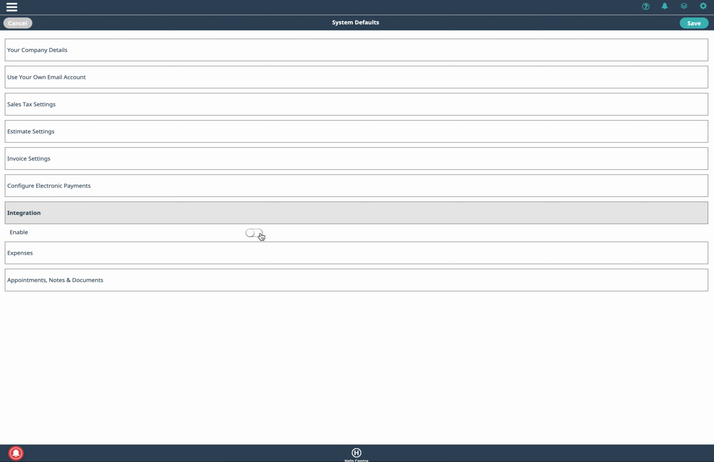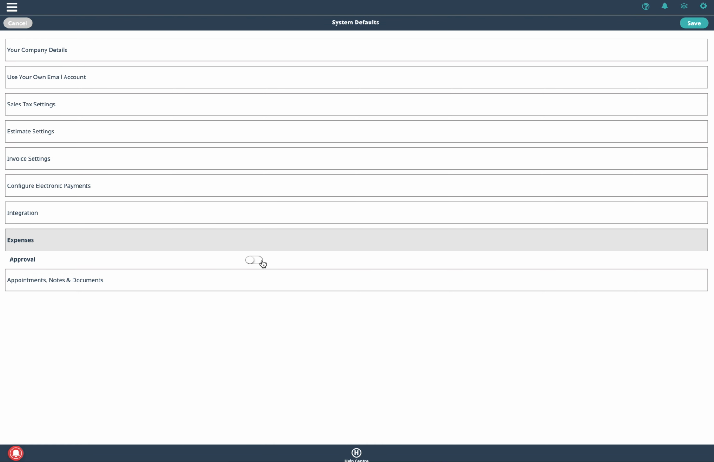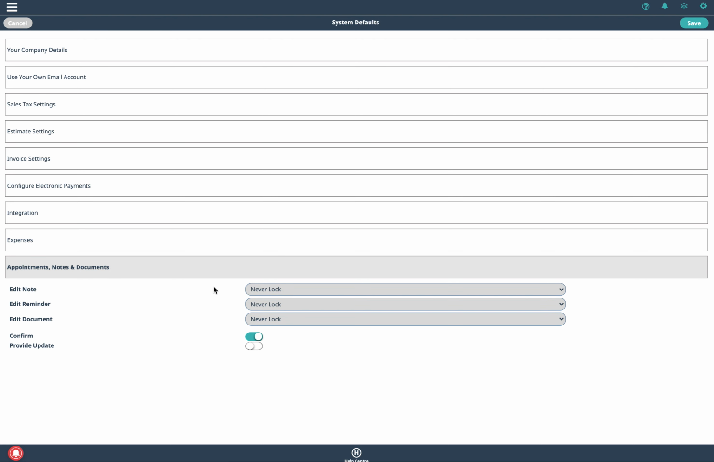We've also, do you want to enable integration? So we have some integration options to other software products. Do you want to enable the expense approval process? And this is quite a cool thing down here. So